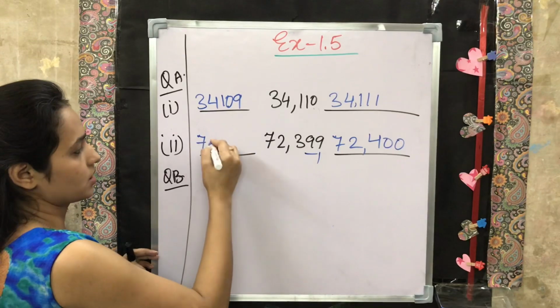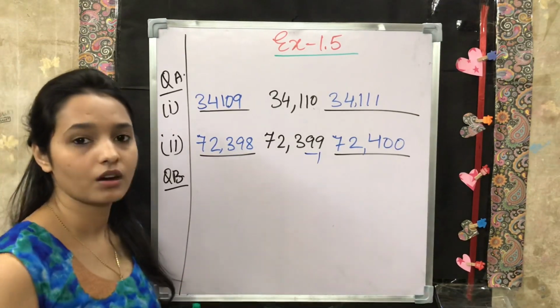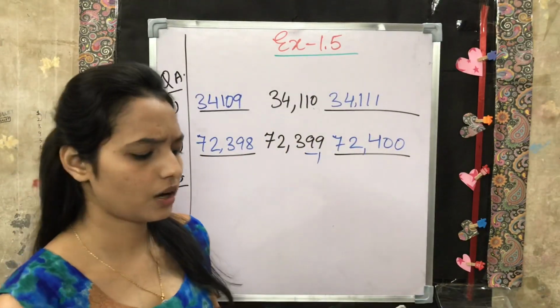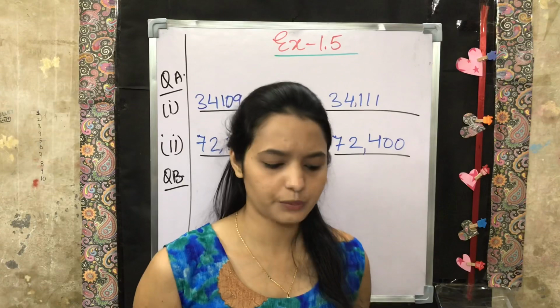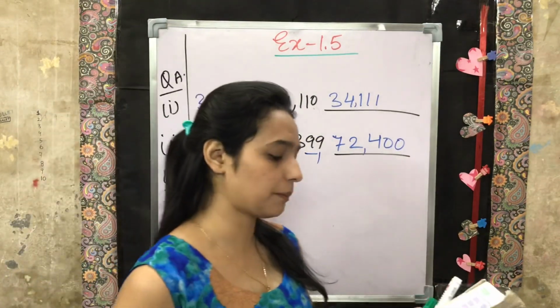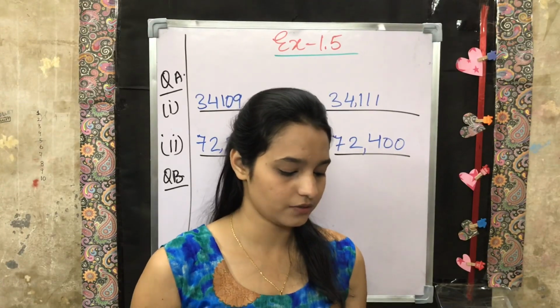And for this we get this. Alright. On the next question, the same. You have to write the successor and predecessor of this. You will do it by yourself. Question C is comparison. You know this too. You will do it also by yourself.